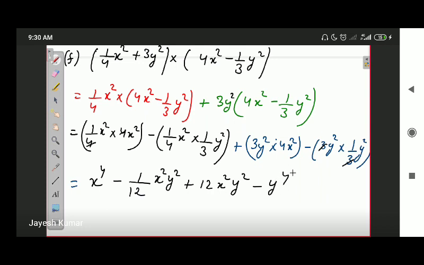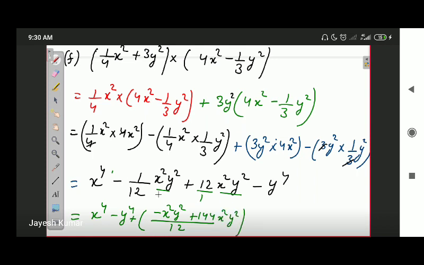Okay. Now as you can see here, x square y square and x square y square, the variable part of these middle two terms is x square y square. That means we have to simplify these two terms. So only for these two terms I am going to take LCM. I will write down all other terms as they were, and for these two terms I will take LCM. Denominator of this 12 is 1. So LCM will be 12 minus x square y square plus 144 x square y square.